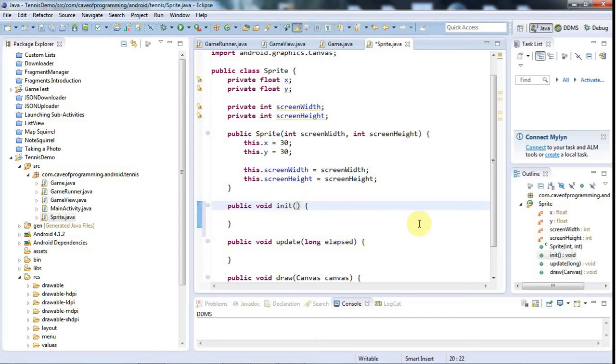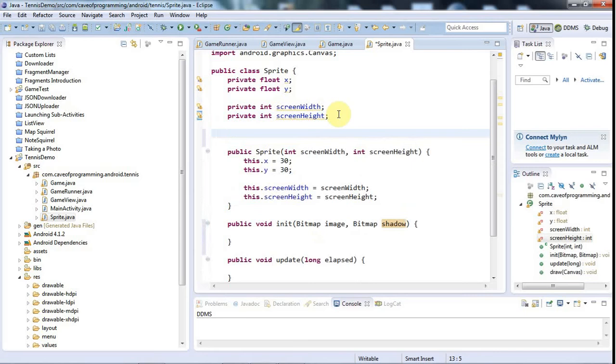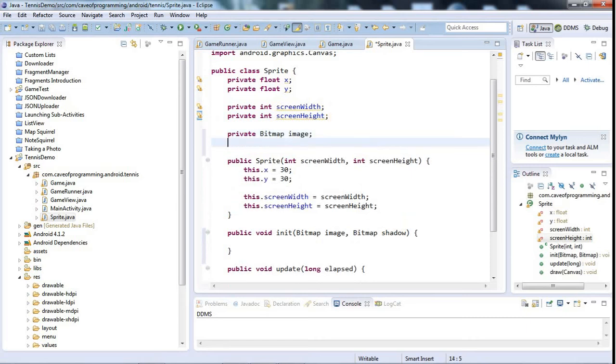So to the init method, I'm going to pass 2 bitmaps, a bitmap which I'll call image maybe, and a bitmap which I'll call shadow. And again, this is very specific to this particular little demo game, and you won't necessarily want to have the same 2 bitmaps. And I'm going to store those up here, so private bitmap image and private bitmap shadow,